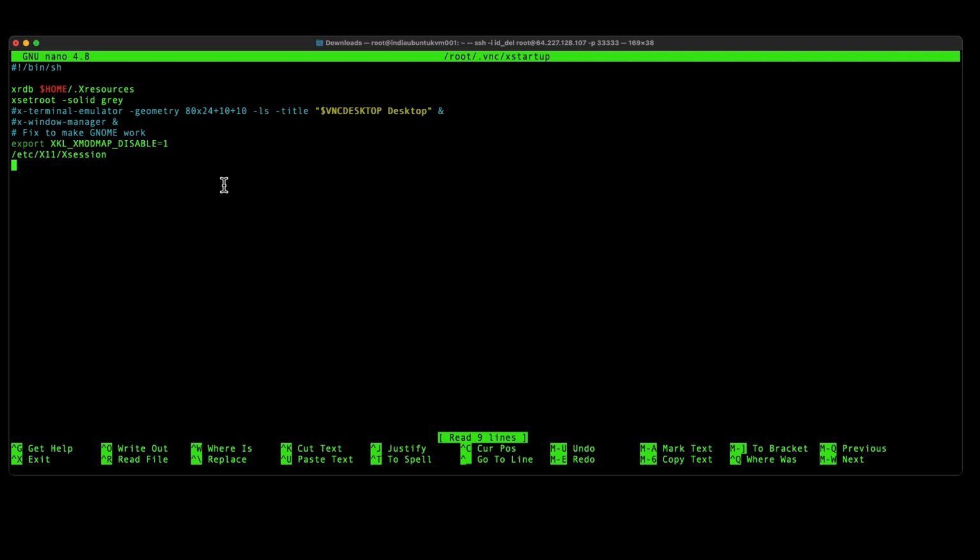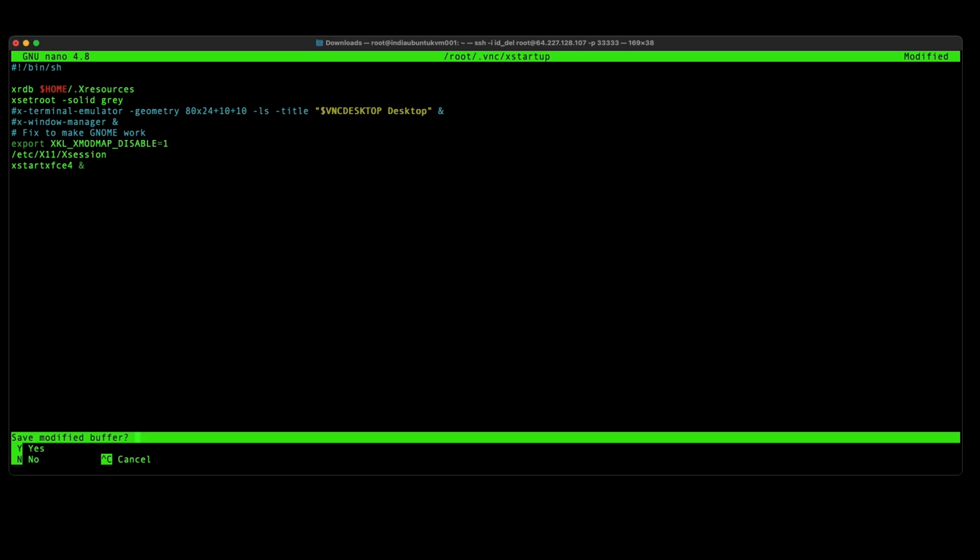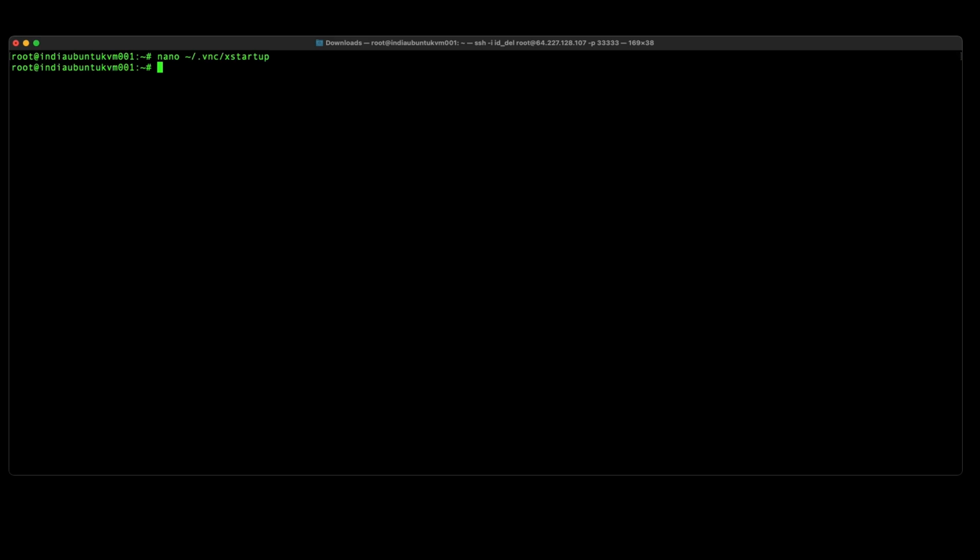So you need to add in the startxfce4 on the background with the ampersand sign, right? So you need to do that for all your VNC clients, or the VNC users. Okay, so once that's